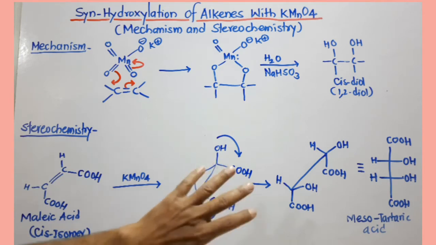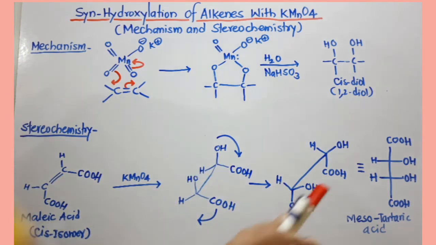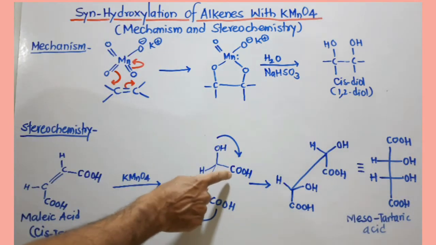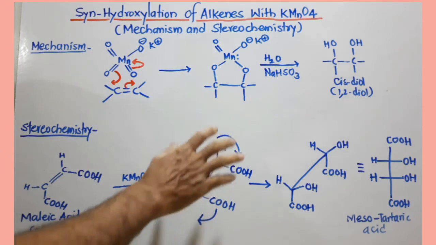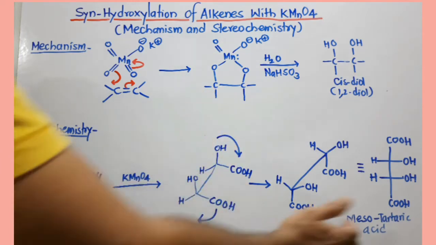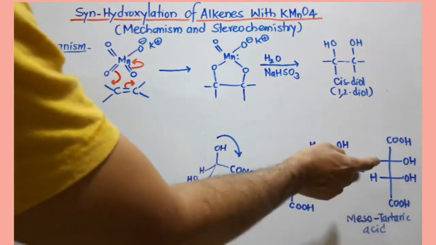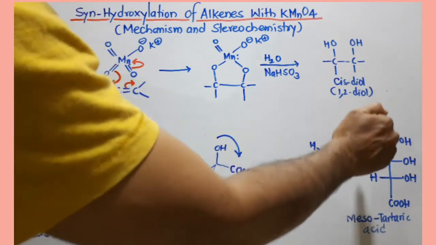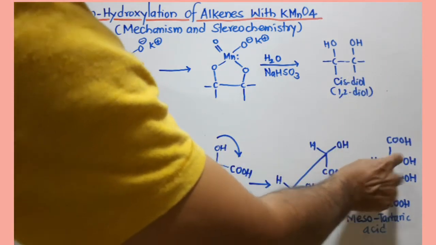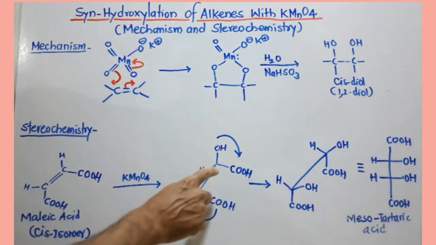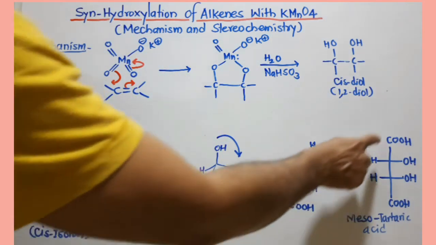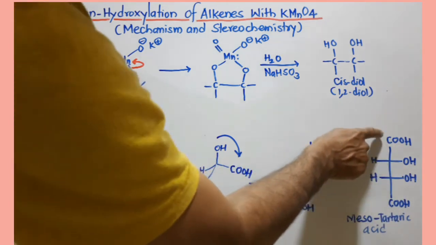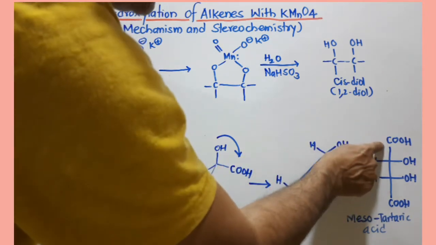all carbons must lie on the vertical line. This compound has 4 carbons, 1, 2, 3 and 4, and we have to bring all these 4 carbons onto the vertical line. And you know very well that the terminal bonds are below the plane, and the middle portion of this vertical line is on the plane. So to bring this COOH onto this vertical line, we have to bring this COOH down, and this is down the plane.